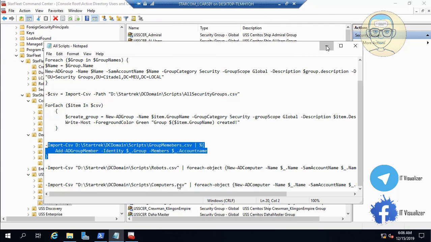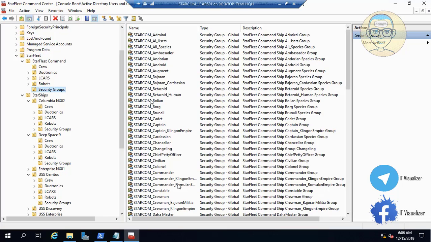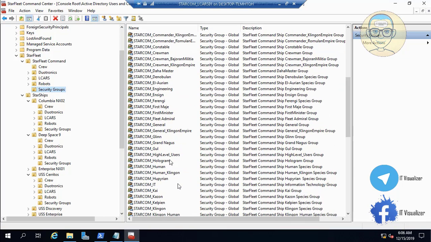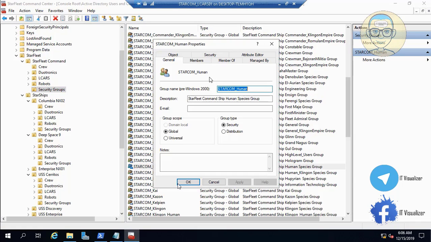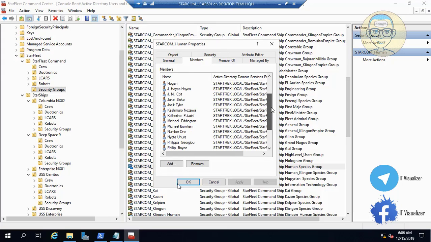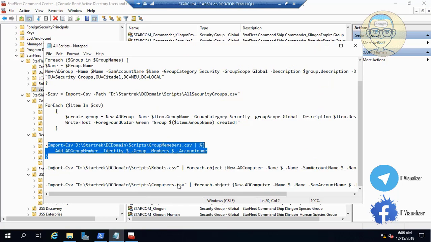So now you can go and open any group. For example, here in the security groups in the Starfleet command, we have any one of these groups. For example, Starcom Human group. Okay, if you go to the members, you can see there are a lot of members here. So the script is successful. It has put different users in different groups. So now we will go to the